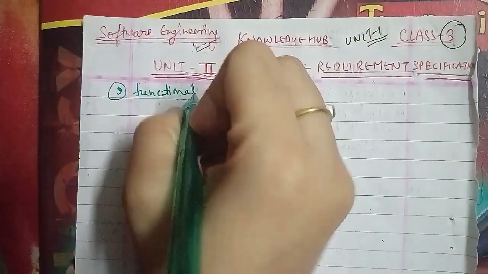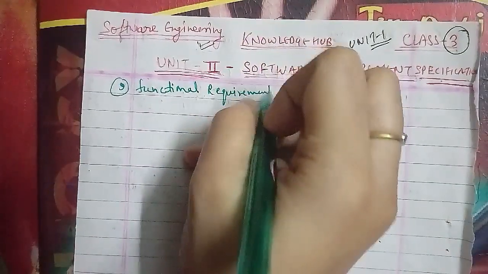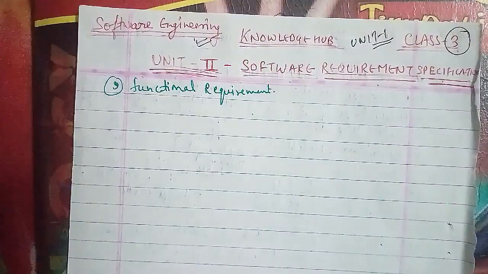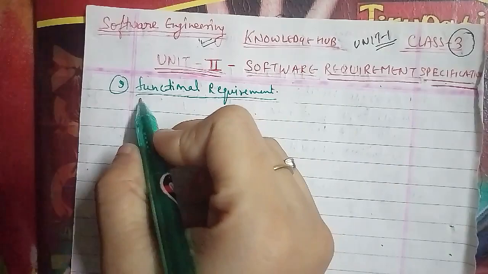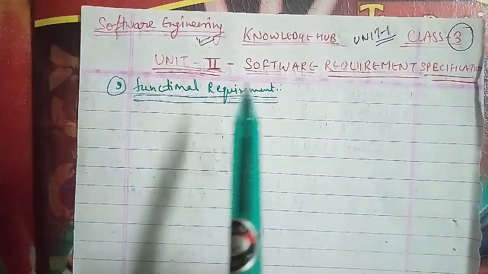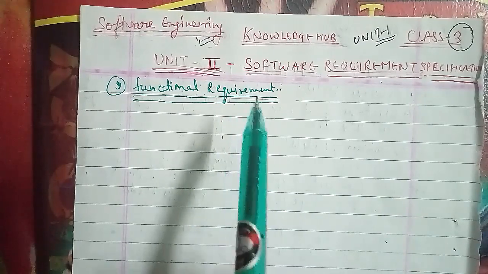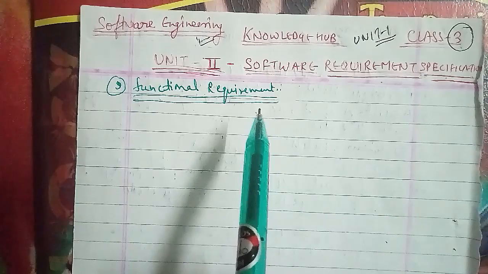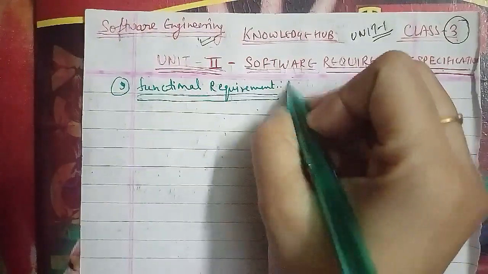functional requirements. What is a functional requirement? Because this has been asked for 5 marks. The functional requirements are all of the requirements that describe the required functionality or system services as well. Now, in terms of functional requirements for a library information system,